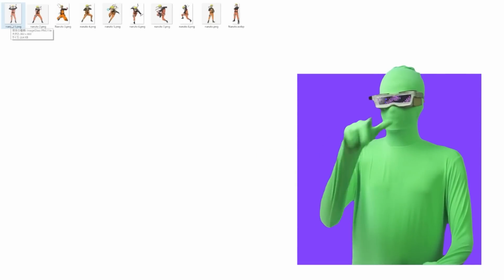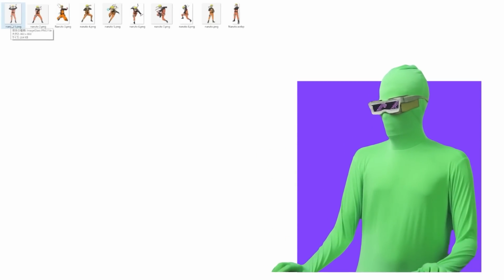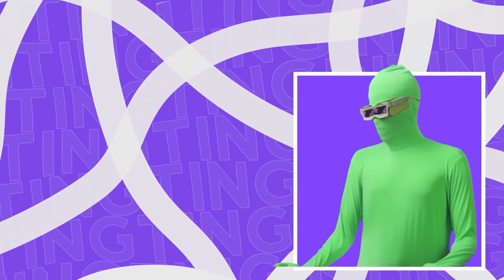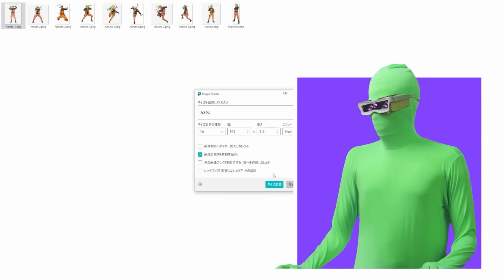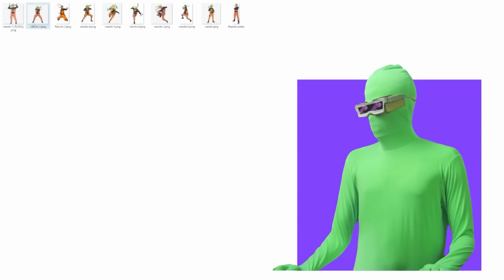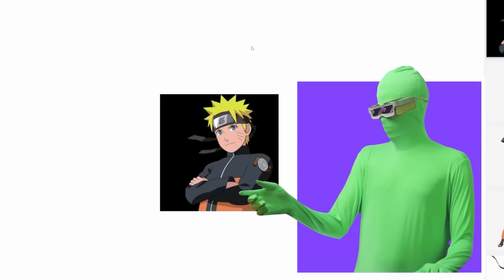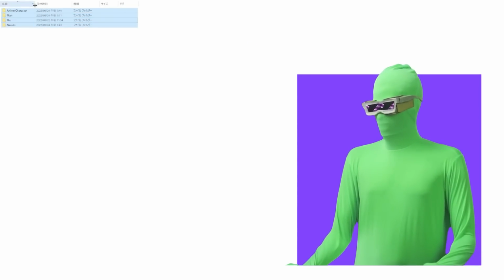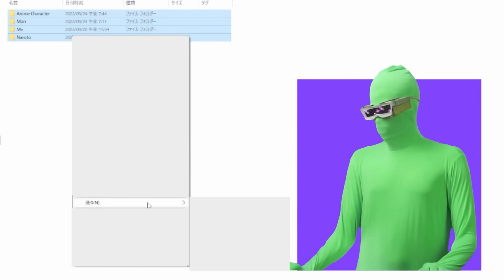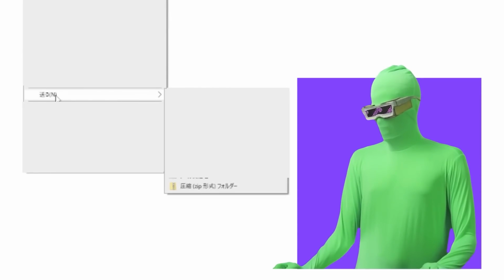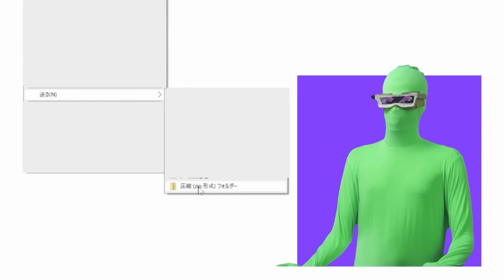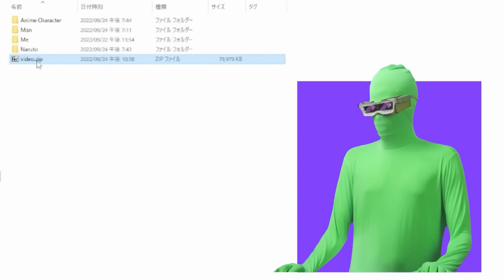And then what I want to do is the same thing I did with my images, right? I right click and click resize, 512 by 512. Okay, so great. I've resized all the images. Now I have all of them, they're all cropped, and they're 512 by 512. You want to come here, take this, right click, send to, which is what this would say in English, and compress it into a zip folder, one folder like this.